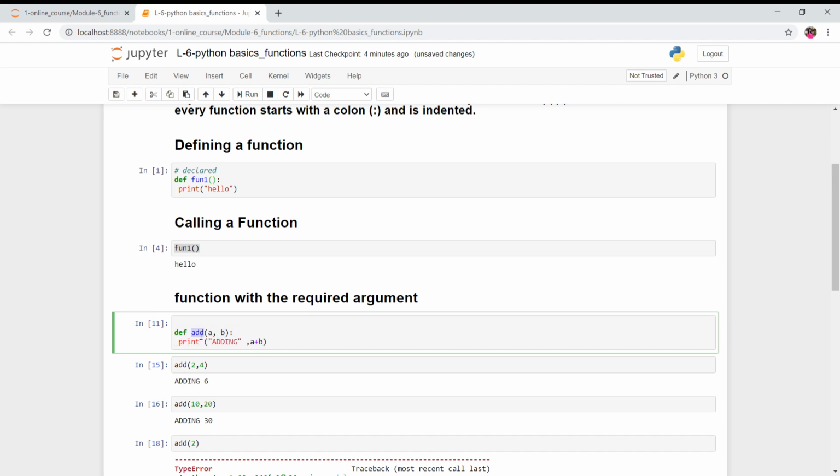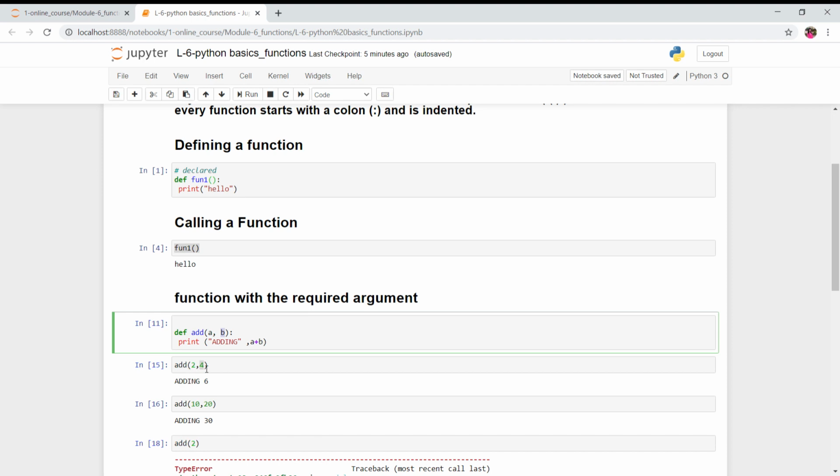Now if you want to use this add function, you need to pass two values, because in the function we have said that whenever somebody wants to use it, they should give it two values. So 2 and 4: the 2 is the value assigned to a, and 4 is the value assigned to b.